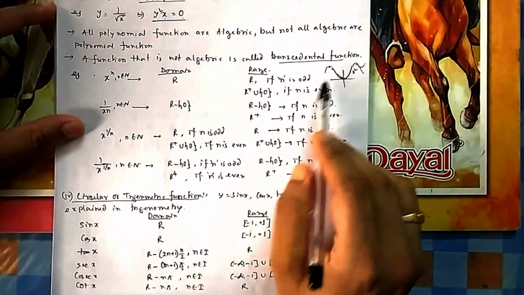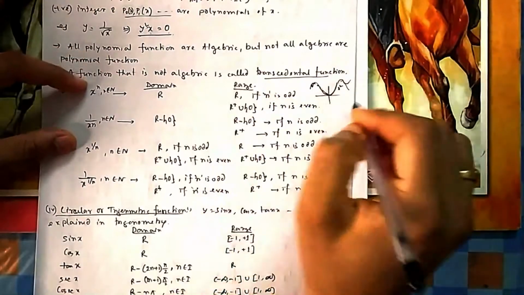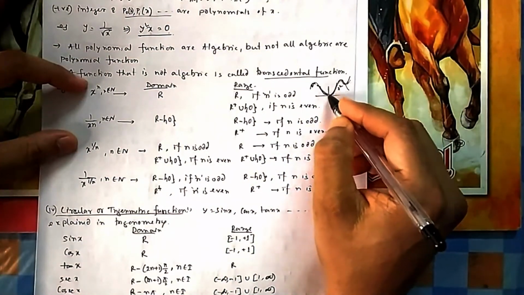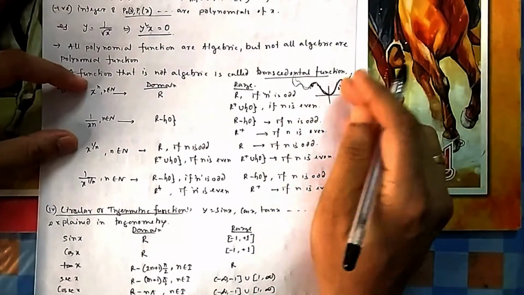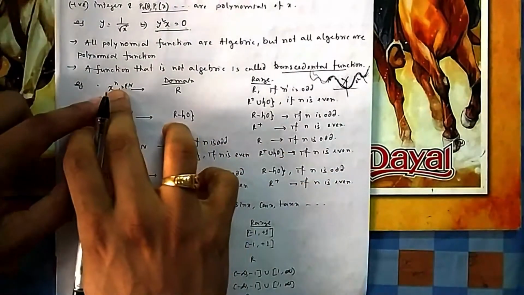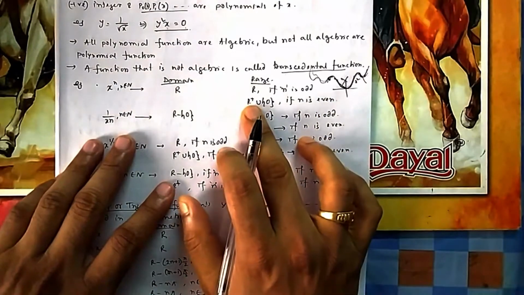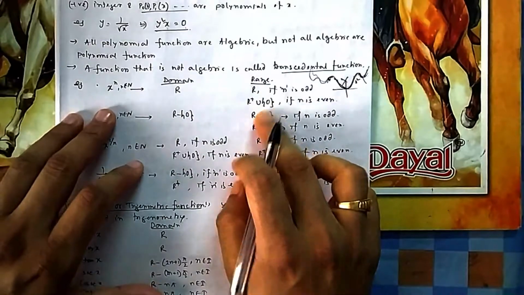So it is R plus. Now x to the power 4, because it is positive, it should always go up, so it can also be of this fashion, either increasing on this side or on this side. Whatever it is, it will never come below to a negative number, because if it is an even power then it will always be positive. That's why it is R plus, because 0 is neither positive nor negative. You can put 0, then the output will be 0, so include 0.